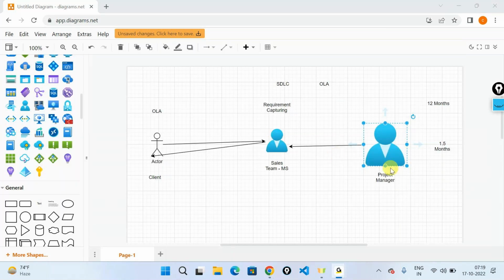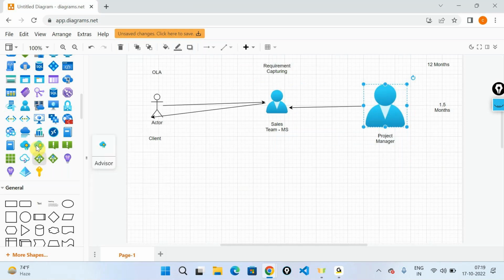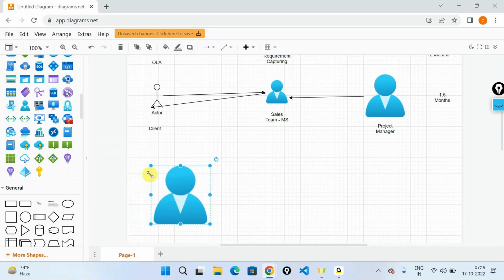Let's say I want to develop this application in a language like Java or .NET or Python. So this project manager will now start looking for people who know that particular language, Python or .NET and so on. So the second phase is forming a